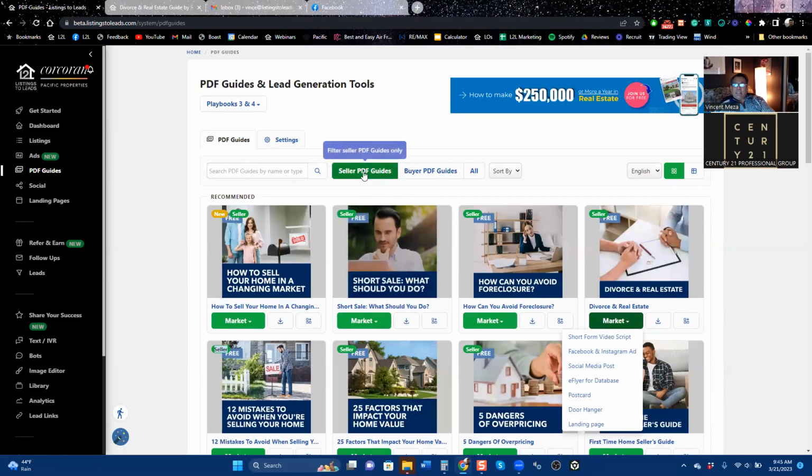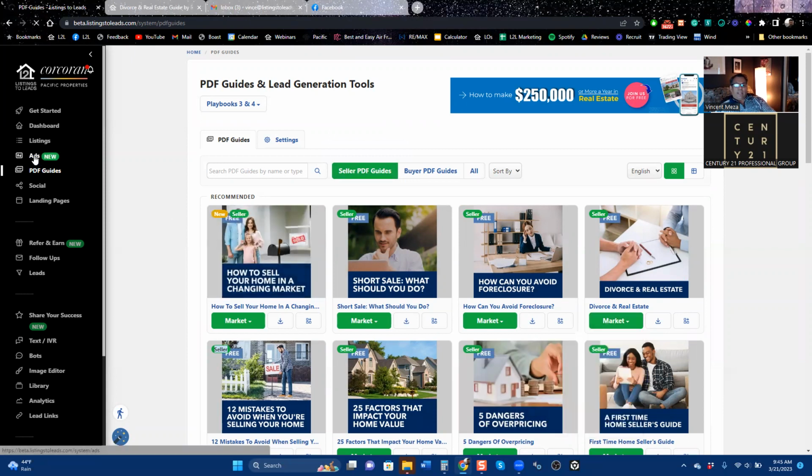And you got 80 of these things, okay? So I definitely recommend using these. Some of the ways are to use them right here, but another great way is to go over here to the ad section